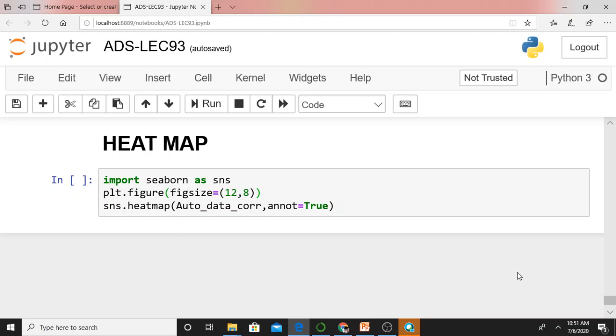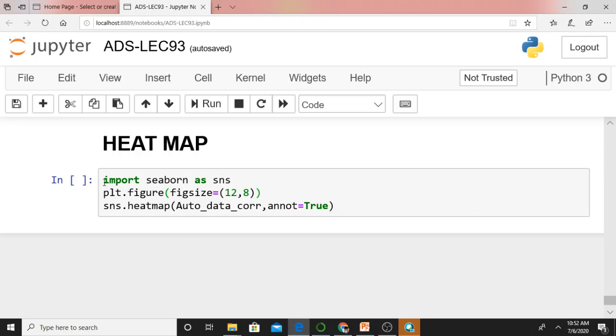A great visualization that you can use for correlation matrix is the heat map, and Seaborn has an amazing heat map available for you. You pass in the correlation matrix, and this represents the correlation matrix in the form of a color grid. Just see, import Seaborn.